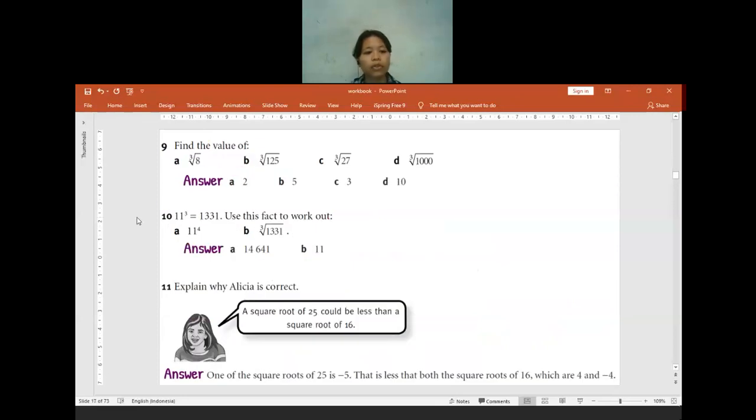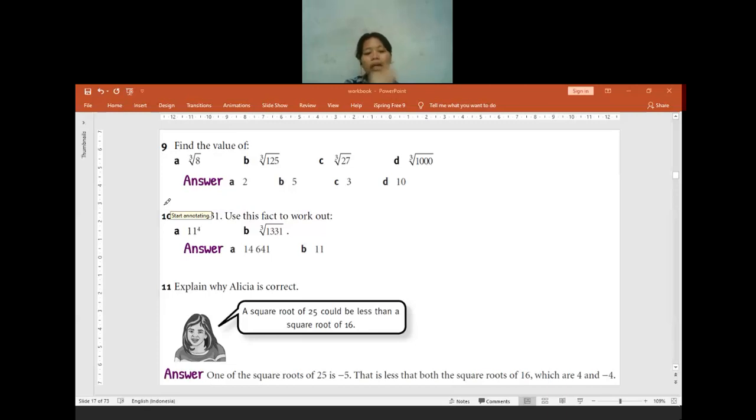Yeah, to the last 3 questions. Find the value of cube root of 8, cube root of 125. In here, if you do not know how to answer it, it will be easier if you make a cube number list from 1 cube until 10 cube. Please kindly find it, because usually it starts from 1 cube until 10 cube. It will appear on your checkpoint question, and usually the question will not allow using a calculator.